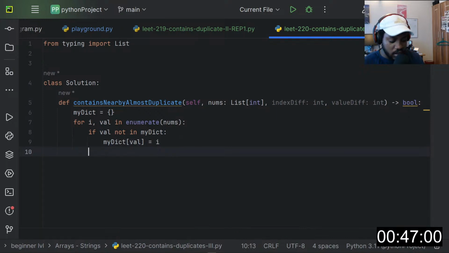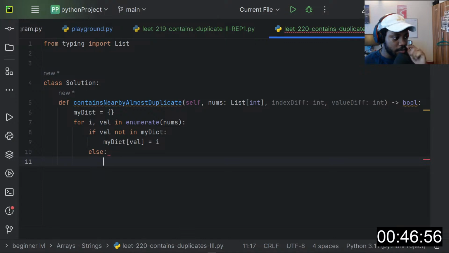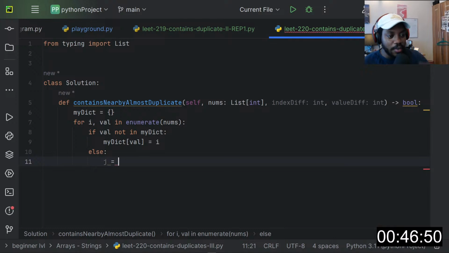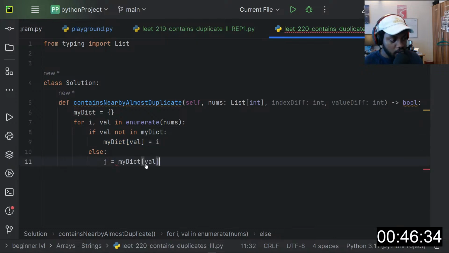So we really need this. Else, this is where we check for other stuff. I'll just set this as j so that we know we are using i and j. So else, j is going to be equal to the current duplicate that we found.